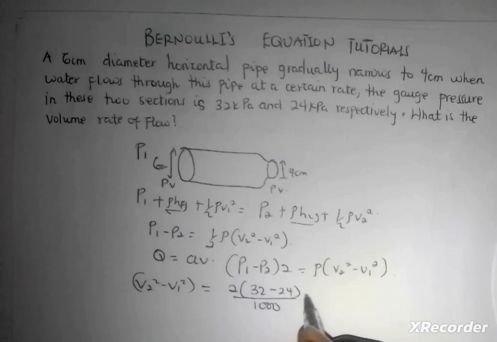Then don't forget the pressure is in kilo, so 10 to the power 3. So 32 minus 24 gives us